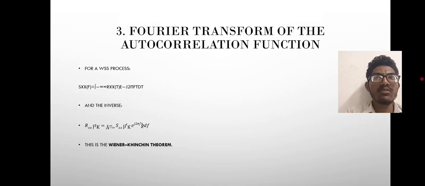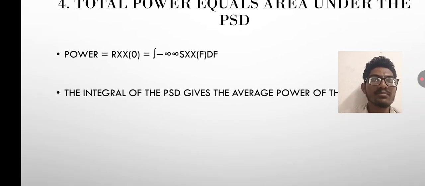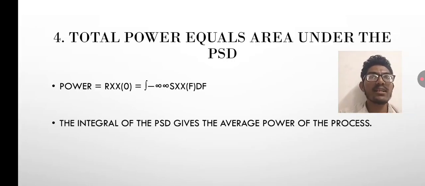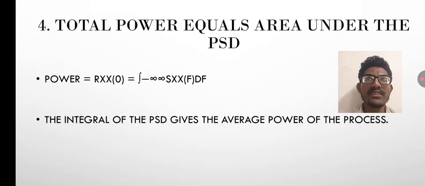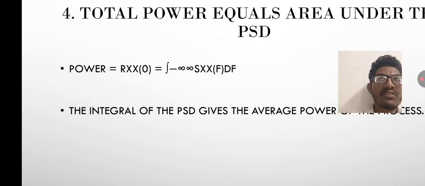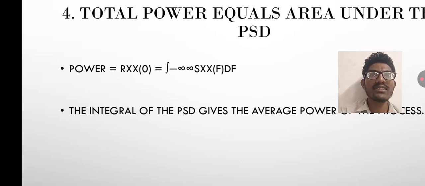Next, the fourth property of the power spectral density is that the total power equals the area under the PSD. It means power equals Rxx of 0, which equals the integral from minus infinity to infinity of Sxx of f df. When we integrate the power spectral density with respect to frequency, we get the power. The power is also represented by the autocorrelation function at 0